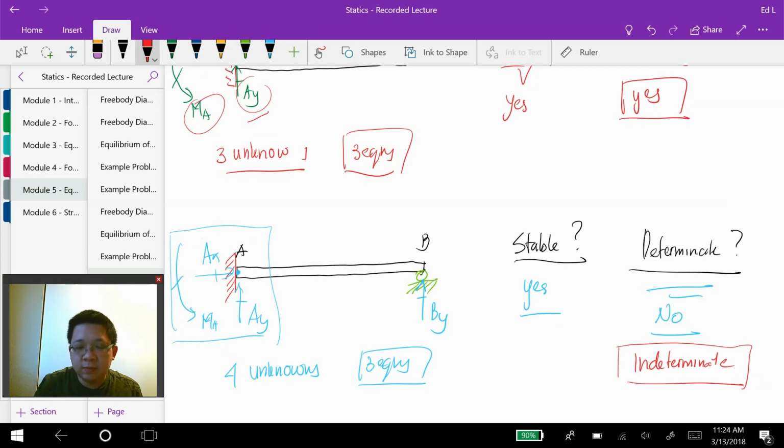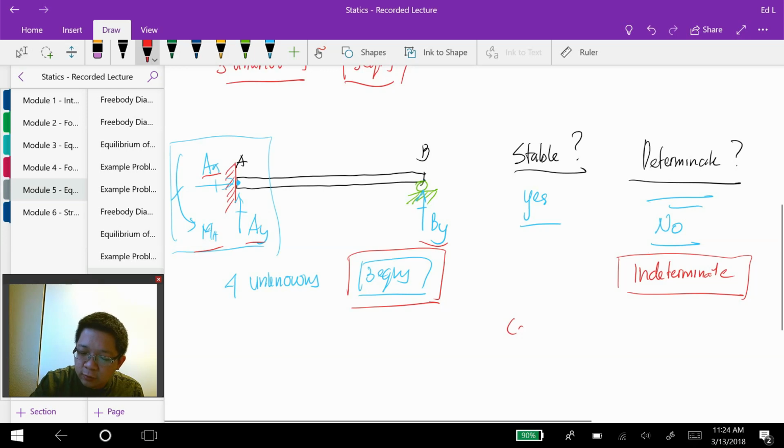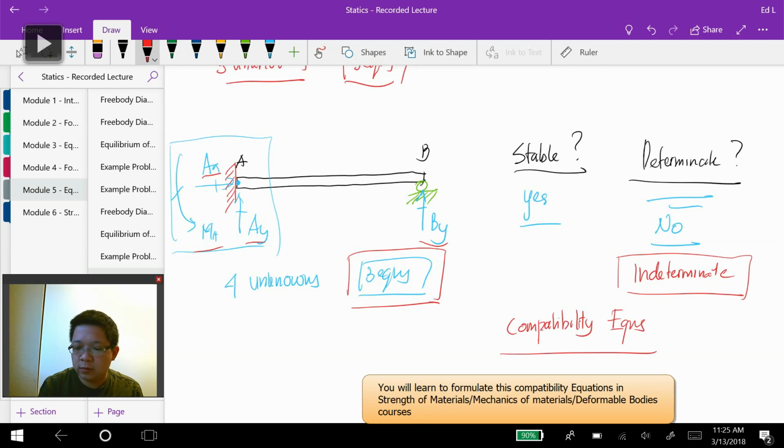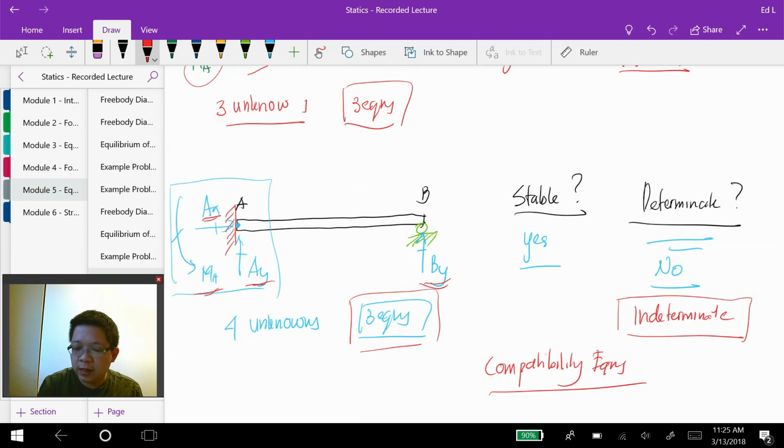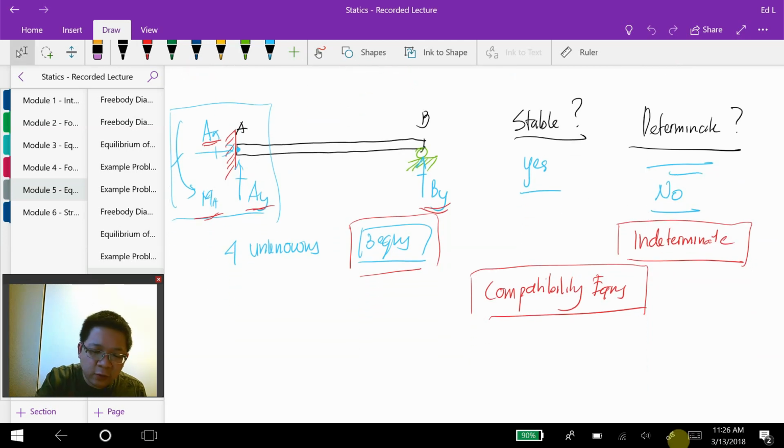Okay. In indeterminate structures, we cannot just use the 3 equilibrium equations to solve for all of the unknowns. We will need extra equations that we call compatibility equations. This type of problem will not be asked in the statics course. However, you should be very careful in solving problems in this course. Even sometimes when we have 4 reactions,